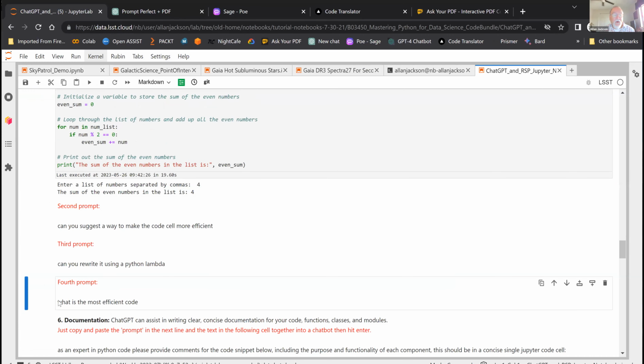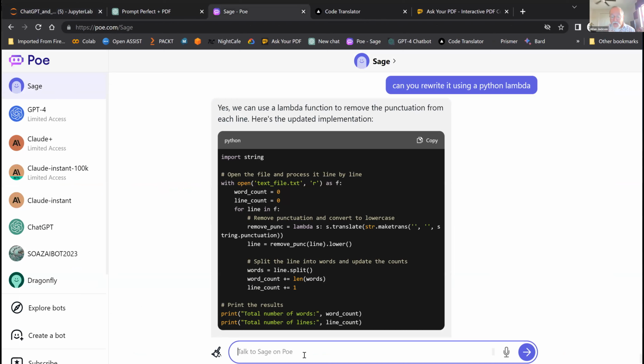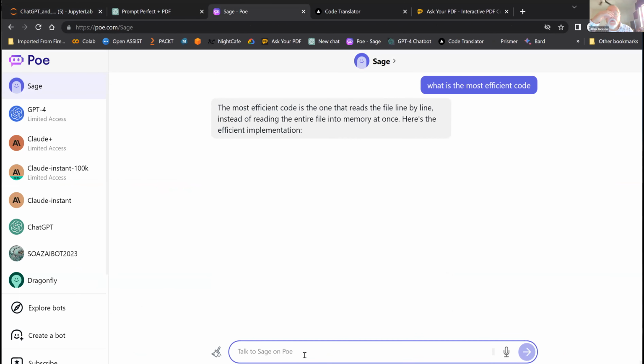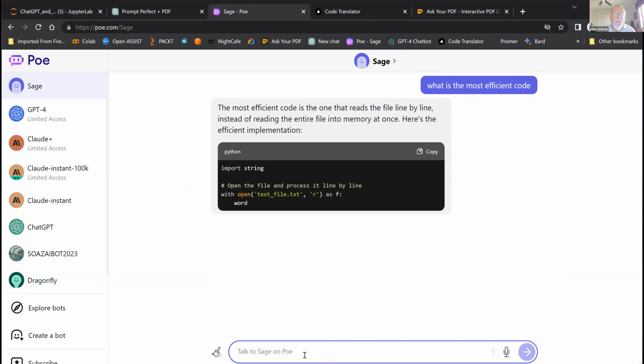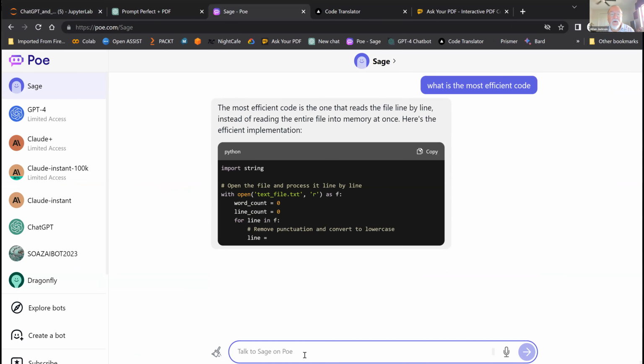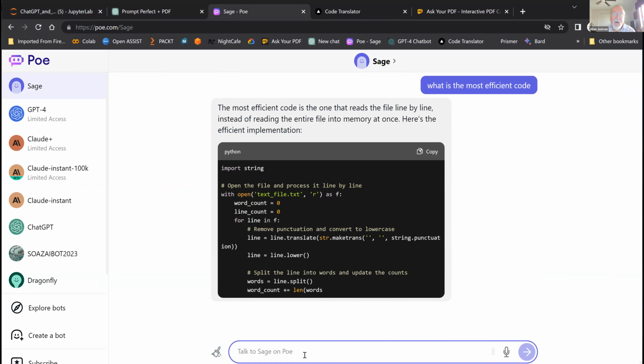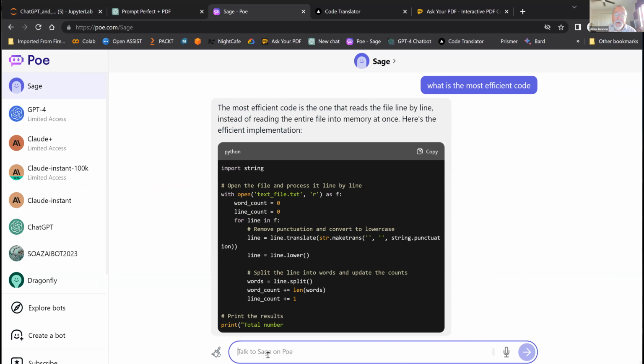So the last one is, what is the most efficient code of the ones that it generated for us? And then it'll tell you very likely whether or not one runs much slower than the others, or is just less efficient. Okay, and so this is the most efficient implementation out of the ones that we put in together. Basically, what you would do is cut and paste this back into the notebook and run it at that point.